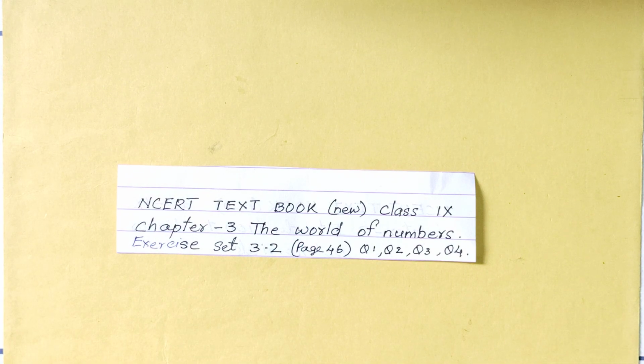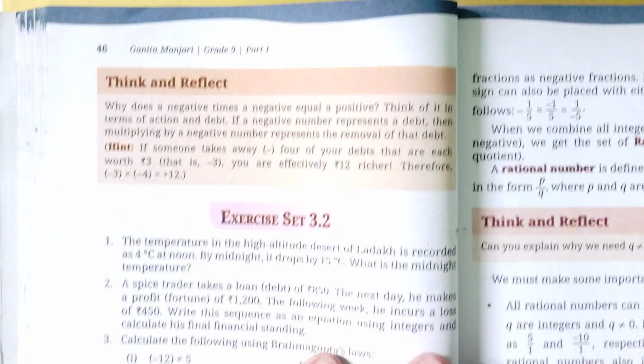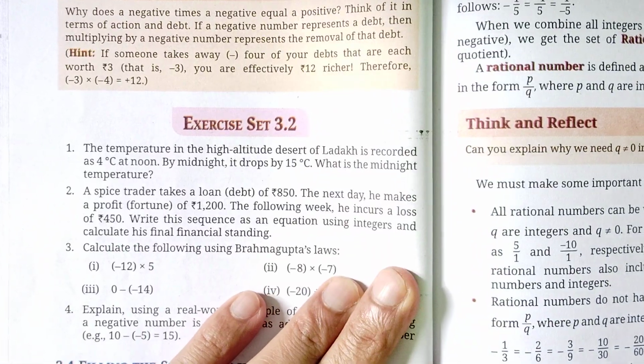In this class, we'll solve sums from NCERT textbook, class 9, chapter 3, the world of numbers. Exercise set 3.2. It's on page number 46. Question 1, 2, 3 and 4. First, we'll go to the question 1. Question 1 says,